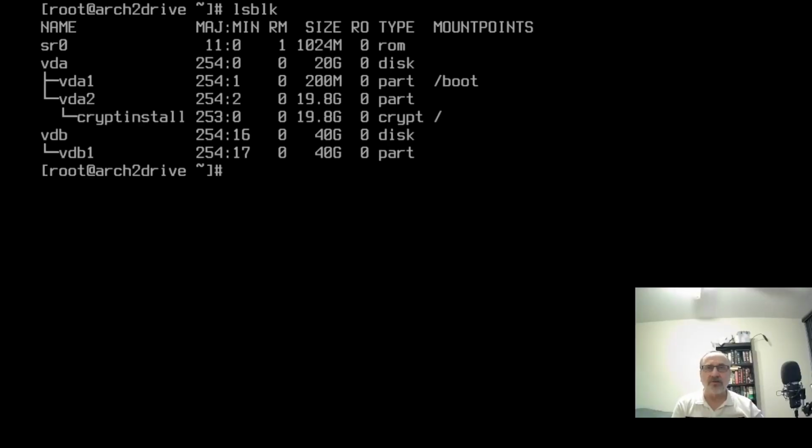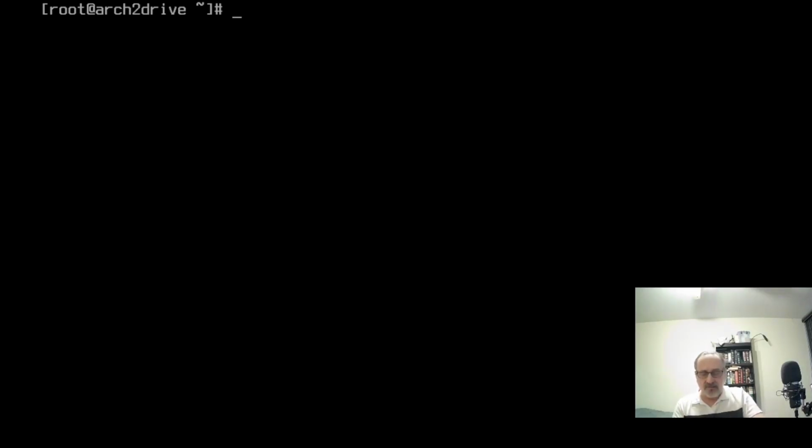So we've logged into our system now, but I don't have a user and I don't have all my favorite apps, window managers, and desktops installed. And also we haven't mounted and truly connected our second drive, VDB. So the first thing I'm going to do is clear the screen and make a user for